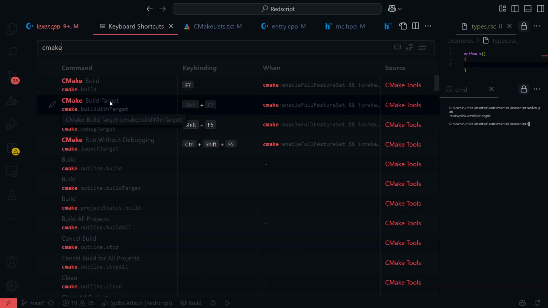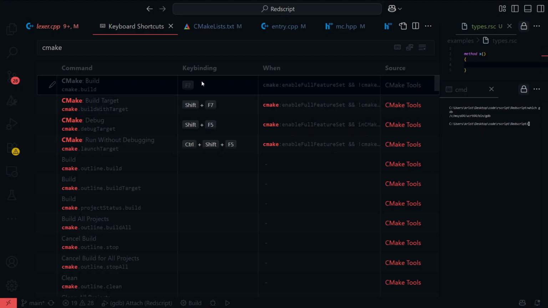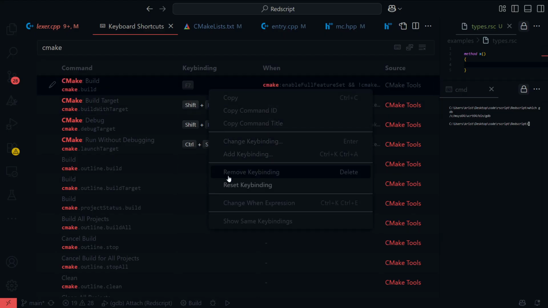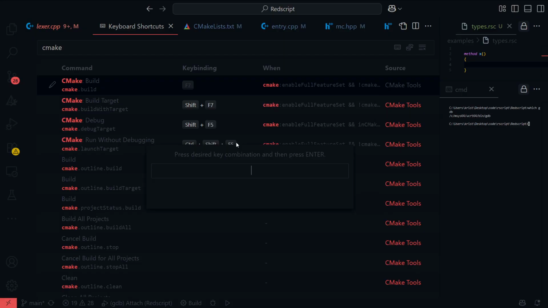CMake build. Okay, I want this to be F2. Can I record a new change keybind to, I guess, F2. Does that do anything in Visual Studio? Oh, 7 existing commands.